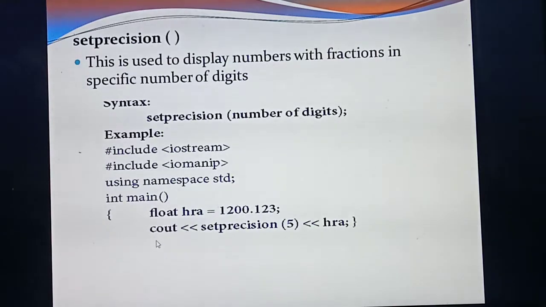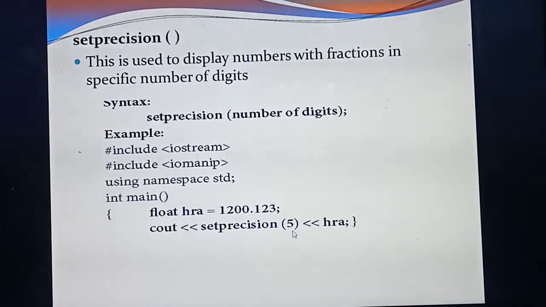Next, inside cout you are giving this manipulator. Everything of this manipulator you should give inside which one? cout. Why? Formatting output means you are going to make some changes in the output screen, and the output is always displayed inside which command? cout. So inside the cout you have given setprecision of 5. What's the syntax? setprecision, then inside it the number of digits. So inside setprecision you are giving how many digits? 5.